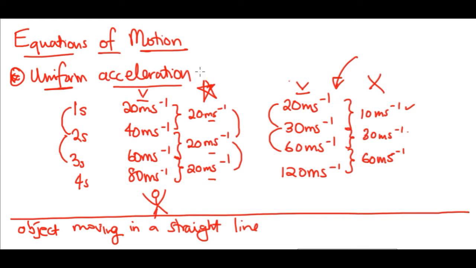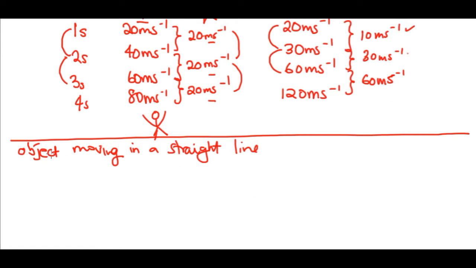The reason for that is acceleration, like I tried to emphasize in the acceleration video, is composed of magnitude and direction. If the direction is changing, then we do not have uniform acceleration, because it means acceleration is changing. It is changing acceleration because of no constant direction. So these equations of motion apply mostly with motion in a straight line, if I'm not mistaken. We'll see as we go with examples, but if I am wrong, I'll correct it later. But for now, let's see this motion in a straight line.